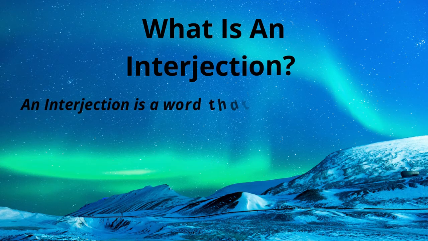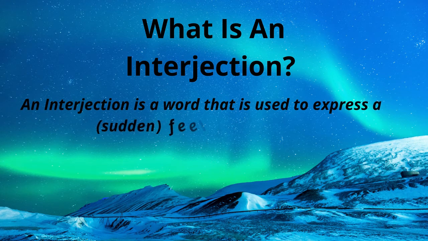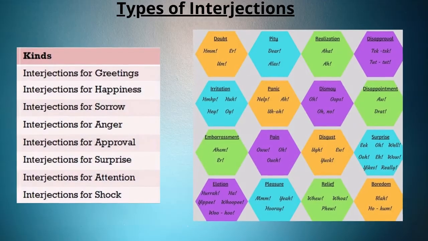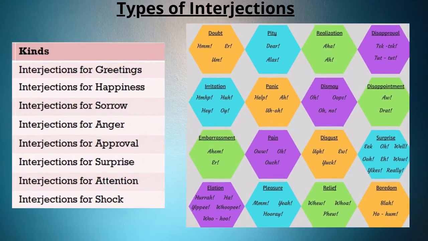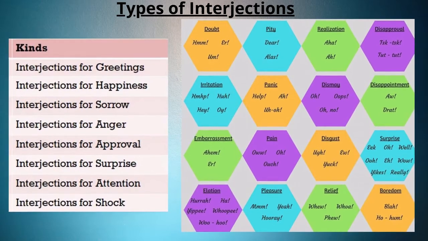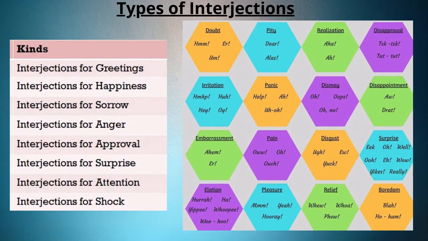Now, let's talk about interjections. Interjections are words that we can recognize and use to express a feeling or emotion. More times than not, you can recognize an interjection because it is followed by an exclamation point. We can use interjections when expressing a wide range of emotions from greetings, happiness, sorrow, anger, approval, surprise, attention, shock,